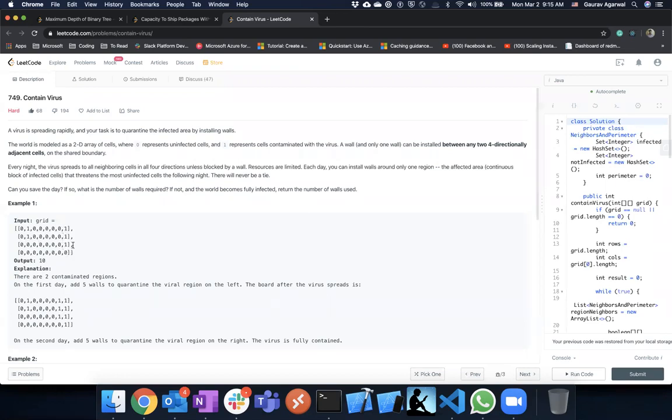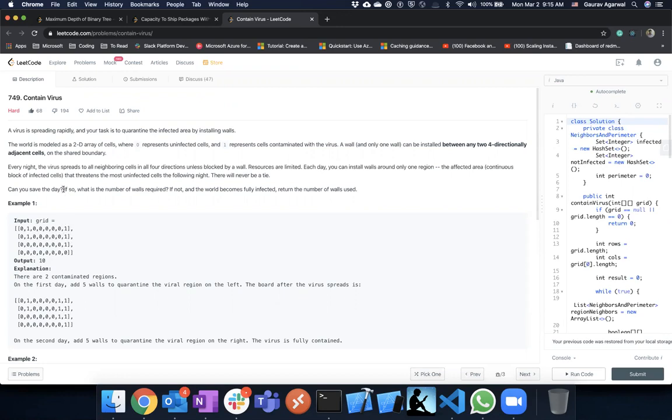Then, if let's say we are installing the wall around the region on the left, then all the other regions will spread the virus in four directions for each affected cell.